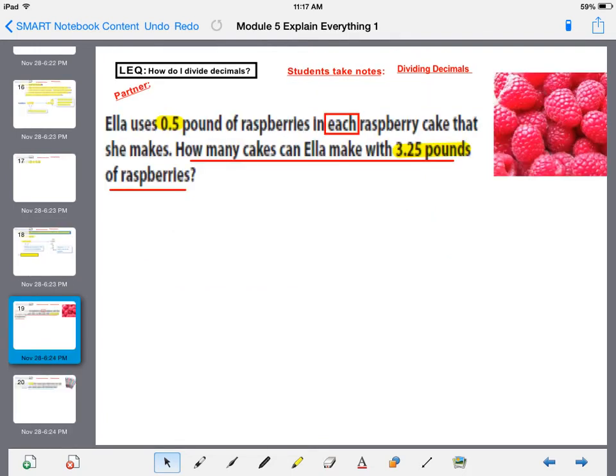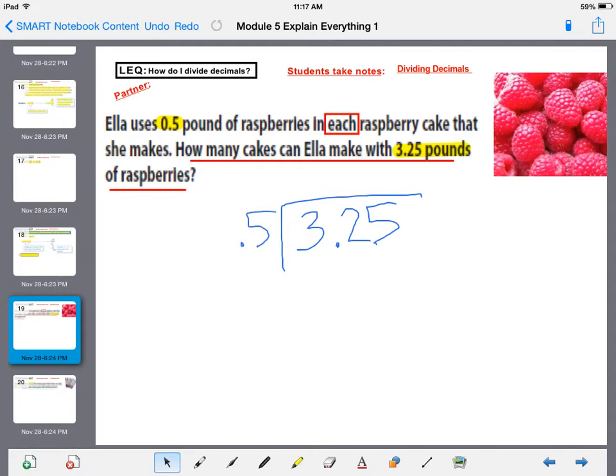Let's apply our knowledge of dividing decimals in this real world problem. So Ella uses 5/10 pounds of raspberries in each raspberry cake that she makes, and they want us to determine how many cakes can she make with 3 and 25 pounds of raspberries. So the very first thing that we need to think about is, who is our dividend? Well, our dividend is the number that we have total that we are going to divide. Well, she has 3 and 25 pounds of raspberries, and we're going to divide that by each cake requires 5/10